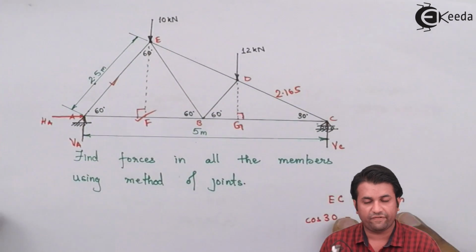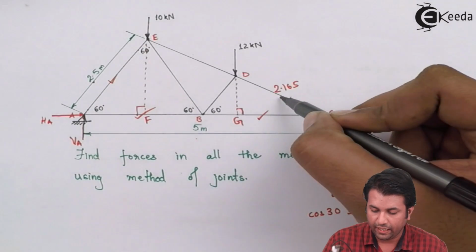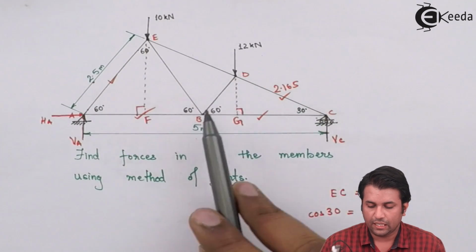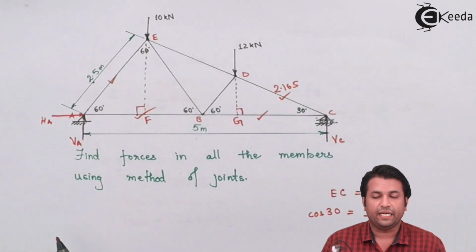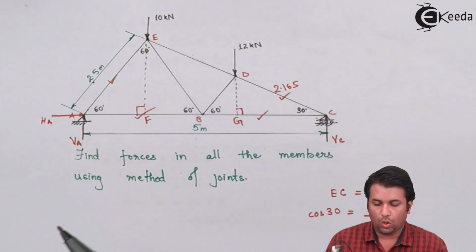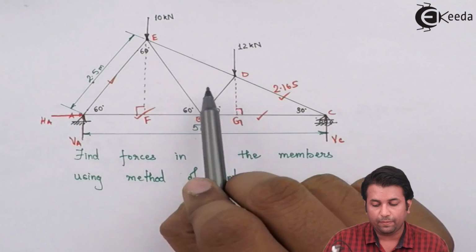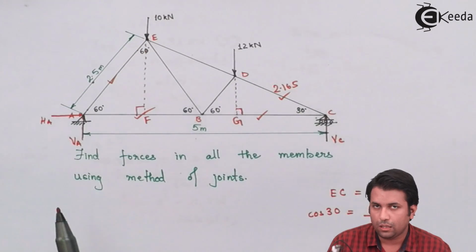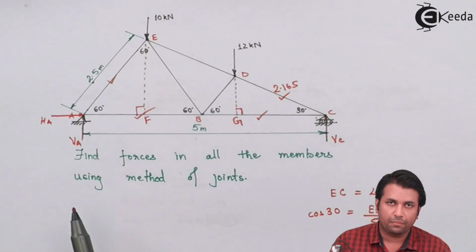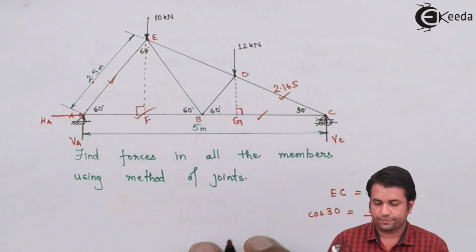Now coming back to the original figure, I have calculated the force in the members BC and CD. So what is left out is BE, BD and ED. So what I can do is take joint B and solve it, or take joint E and solve. In that case, I'll be able to find out the force in two members. Still, one will be left out. So you can take any member and go ahead. So for example, if I go with joint B,